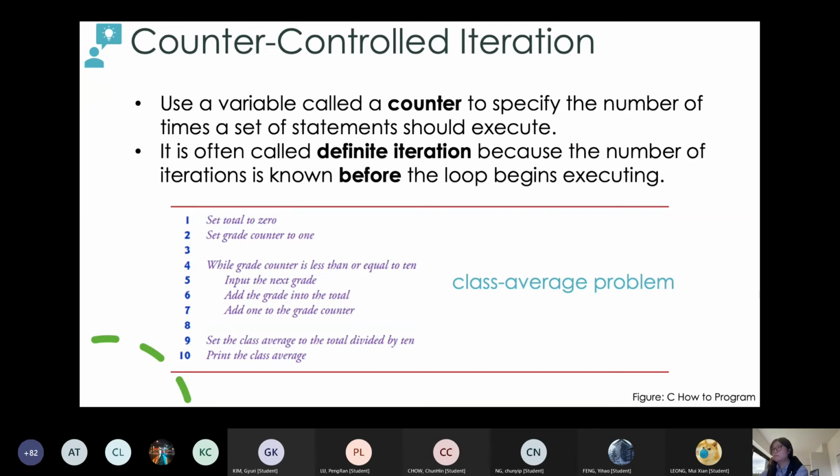We show how the pseudocode algorithm is developed. The algorithm mentions a total and a counter. A total is a variable used to accumulate the sum of values, and the counter is a variable used to count, in this case the number of grades entered. Then it will enter the while iteration, and each time it will input the grade, add the grade to the value of the total, and meanwhile add 1 to the grade counter,